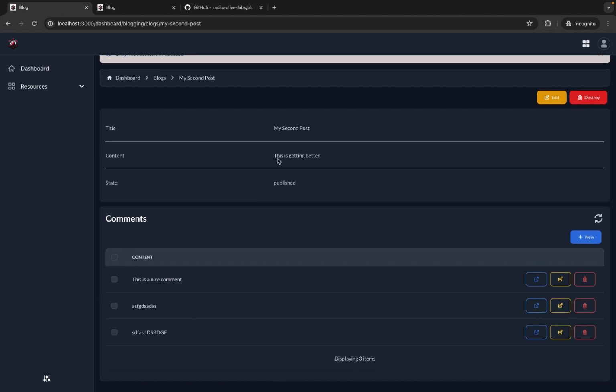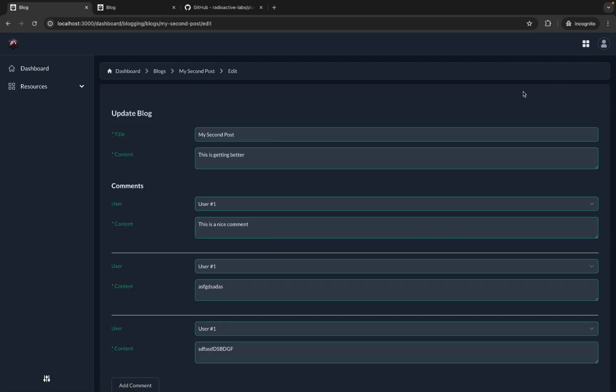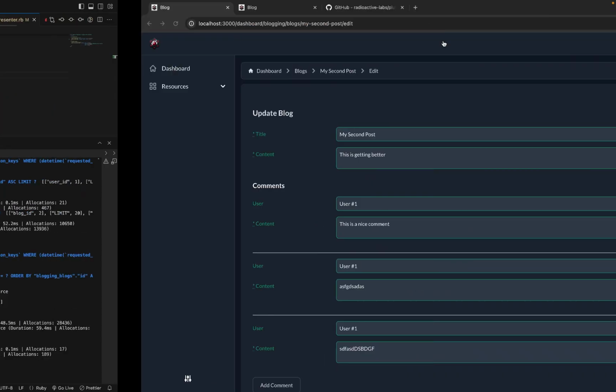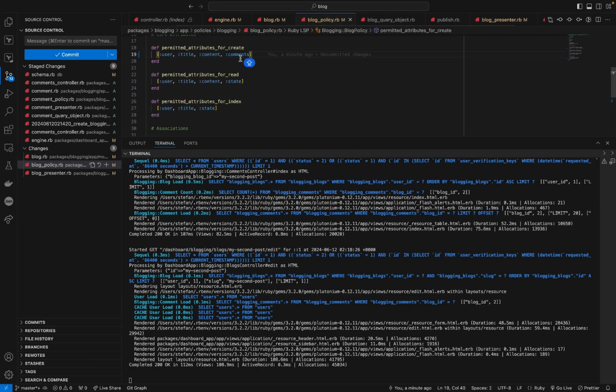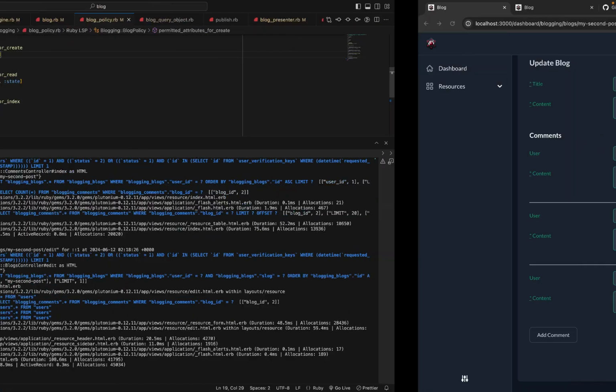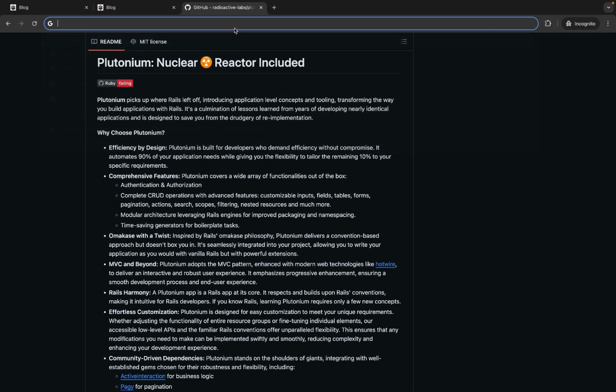What if we wanted to render markdown in here for this content? So currently this content says, let's get rid of this because it's a little bit ugly. So right now this is just text. We're not going to do a custom input, but let's do a custom renderer. So let's first get a lorem